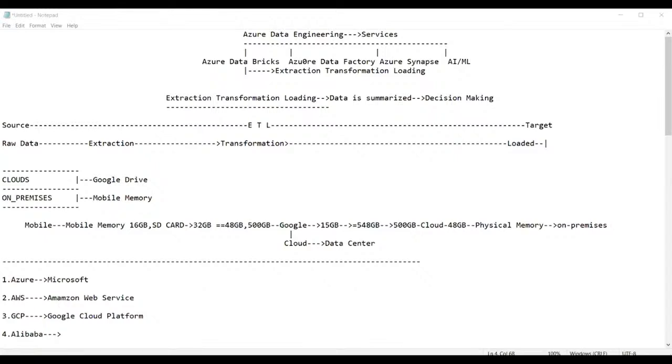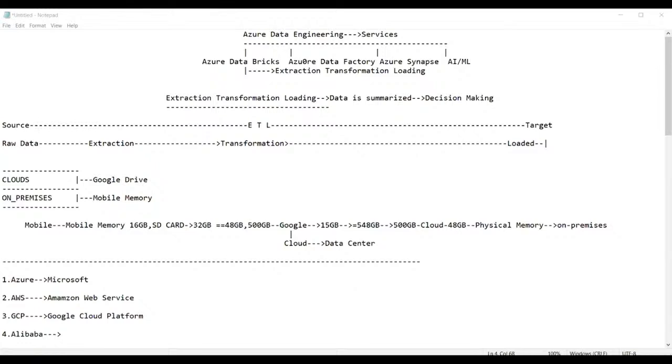Will there be a combined batch for both Databricks and Data Factory? See, you will have the Data Factory batch in the morning at 7 a.m., which started today itself along with you, and Databricks is at this time. Combined batches means these are two different services, so I teach them differently.